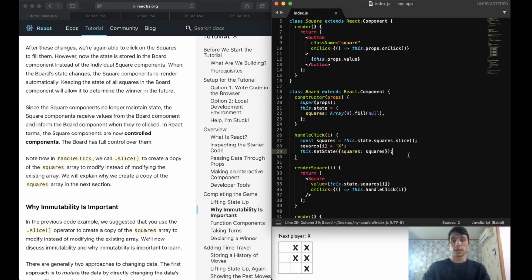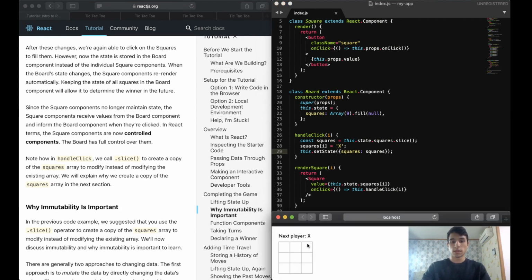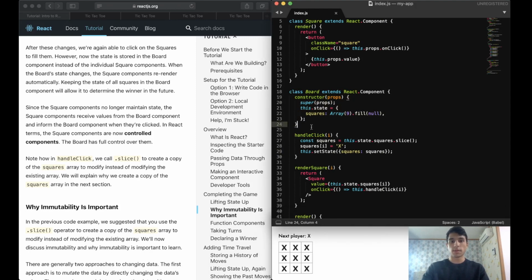Okay, now let's try saving and running this updated code. So when I click the squares correctly, we're displaying the updated values. So let's look again how that works. At first we have this board that has this squares state variable, and then we will update that every time the square component is clicked. So when we click a square, we call this onClick function that calls